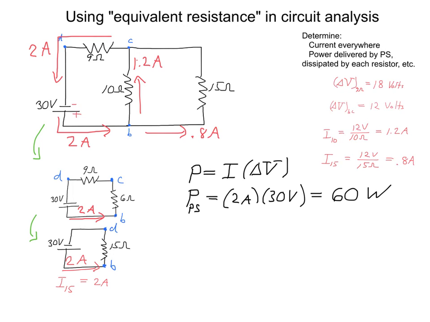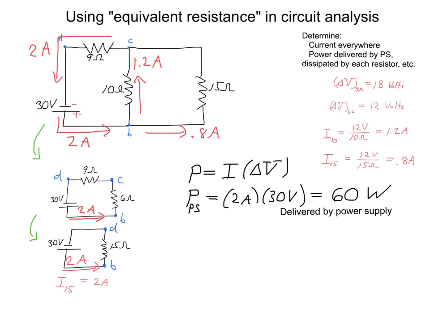The power delivered by this 30 volt power supply is going to be the product of the current passing through it and the terminal voltage. So we've got 2 amps, 30 volts. The product of that is 60 watts. So we have 60 watts being delivered by this power supply. Now we also remember that between points B and D, we can replace this entire network of resistors with an equivalent 15 ohm resistor. That 15 ohm resistor has a 2 amp current passing through it, and it has a